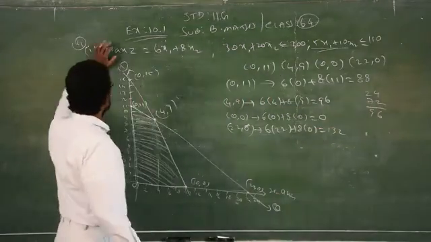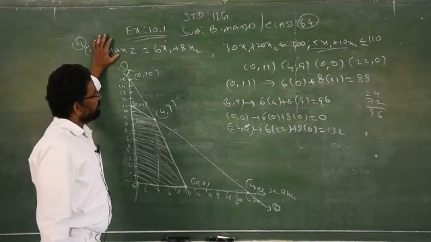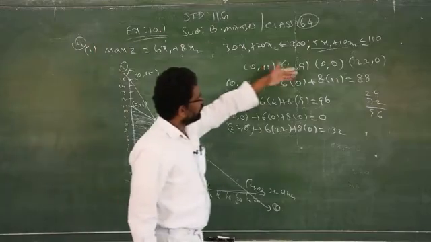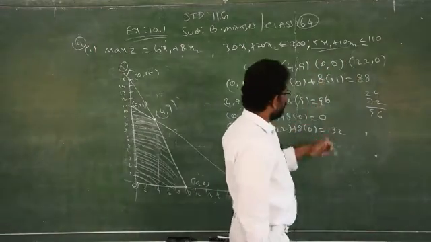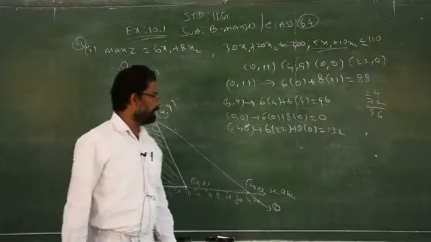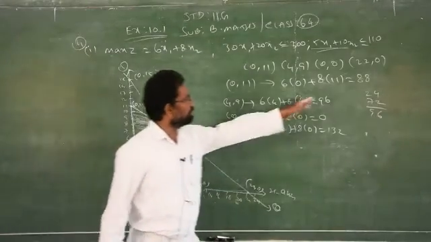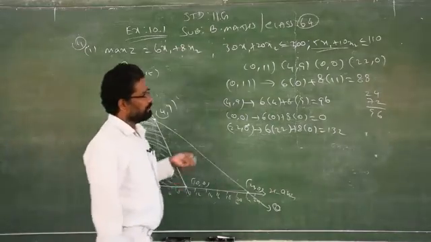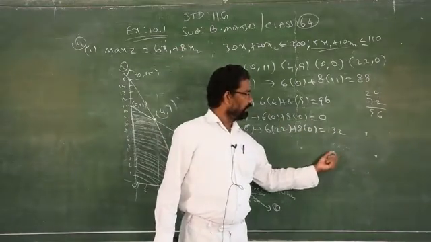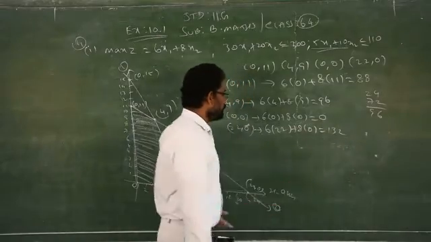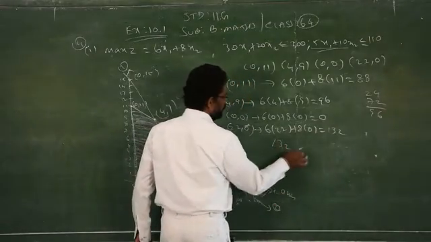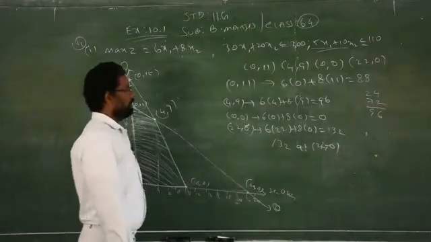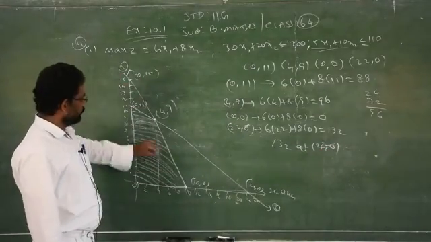Now you have to find the maximum one. Which one is the maximum? The maximum value out of these four, 1, 2, 3, 4. What is the maximum value? Just circle it. That is your solution. So find the answer, which one is the maximum, and write that maximum value at the particular point. Here I got 132 as the maximum value at 22, 0. Clear?